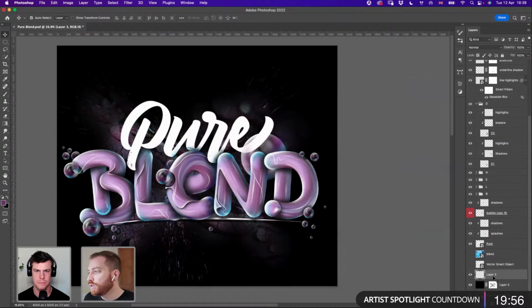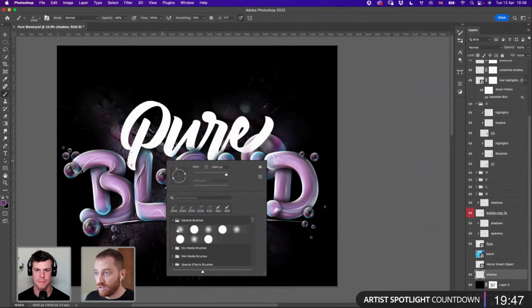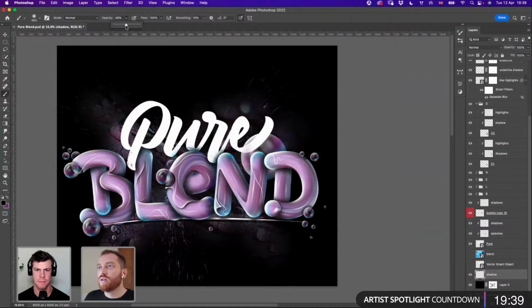So I will add a new layer here and make that shadow again. I'm going to take a smooth brush again, about that size, black color, and I will try to make something like this.